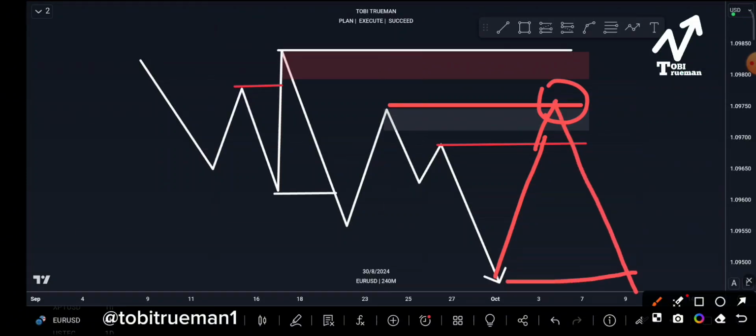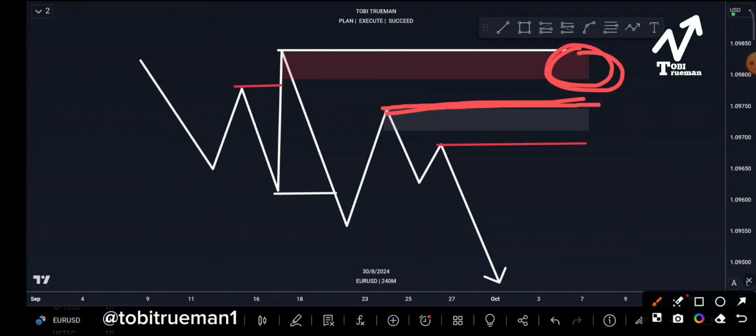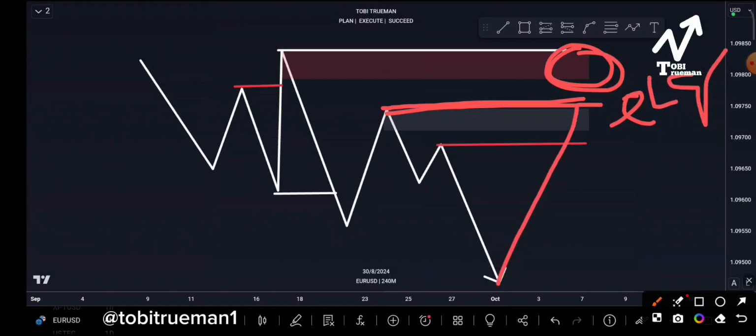All right, another scenario that can happen is, we know that this is the last pullback before the main extreme order block, right? And that last pullback, we know what it is called. It's called our engineering liquidity, ELQ. So price can come to the engineering liquidity, give us our evening star candlestick pattern. We can also say that's without price tapping into this